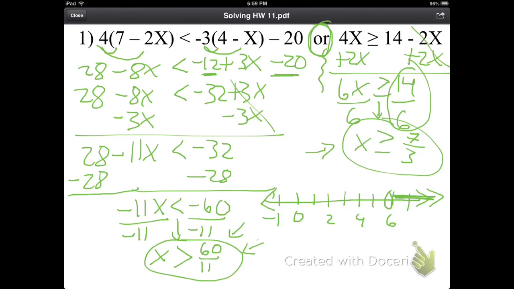It's 1/3 more, so I'm going to put a circle just to the right of 2, and I'm going to fill it in, because there's a line under the greater than symbol, so I need to fill in my dot there. And this says x is greater than or equal to 7/3. I'm going to shade to the right. Shade right. Okay. If you notice, there's a lot of overlap here once you reach 60/11, and you keep shading